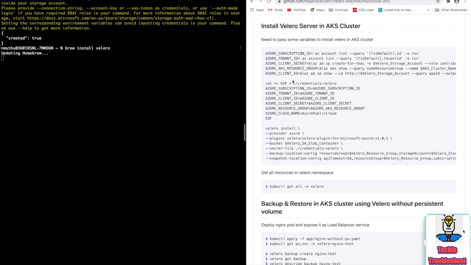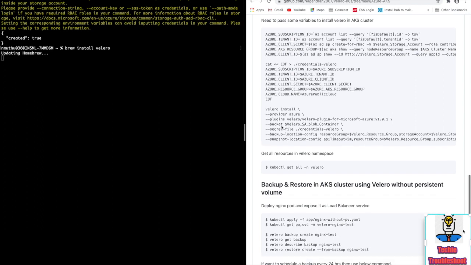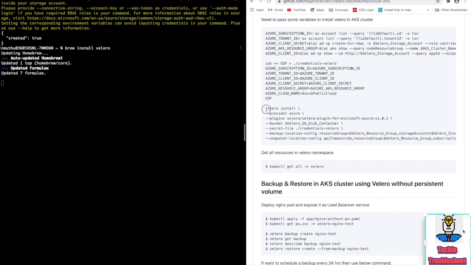The next one, how to install Velero server in the AKS cluster. This is the command to install Velero, and you have to mention the provider and plugin as well as the bucket. For the secret file, we have to pass a few environment variables like Azure subscription ID, Azure tenant ID, and client secret.